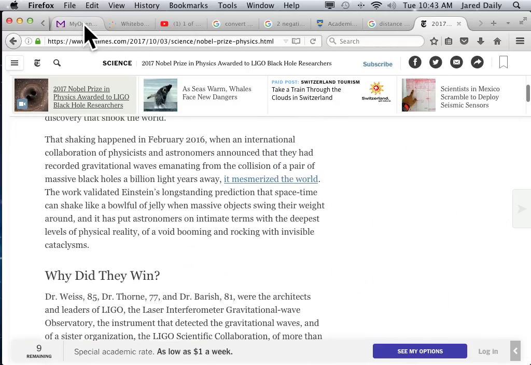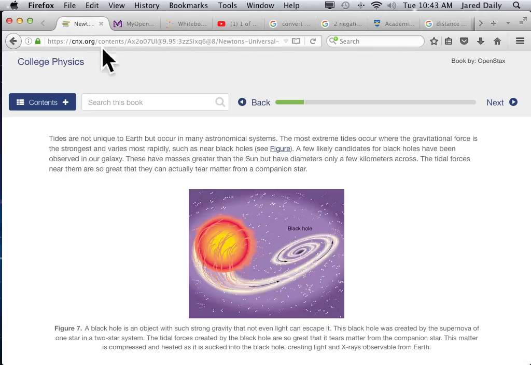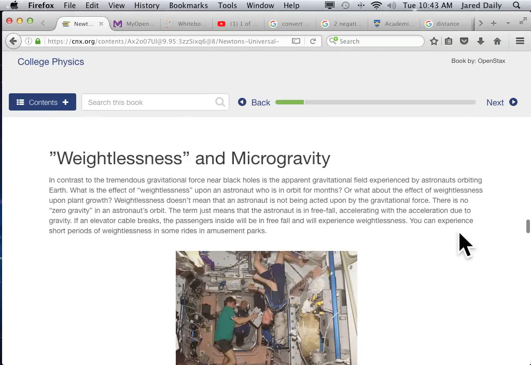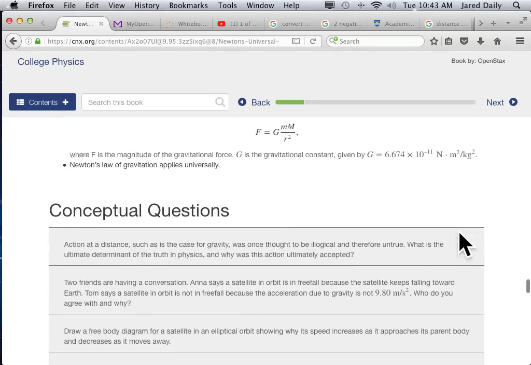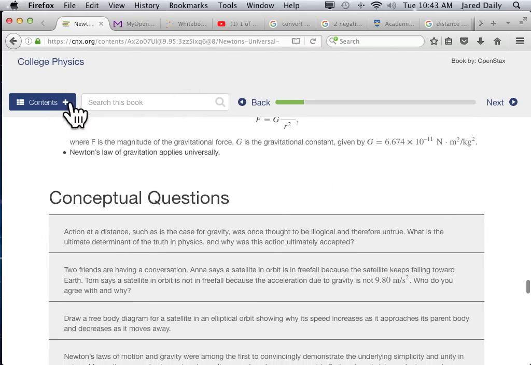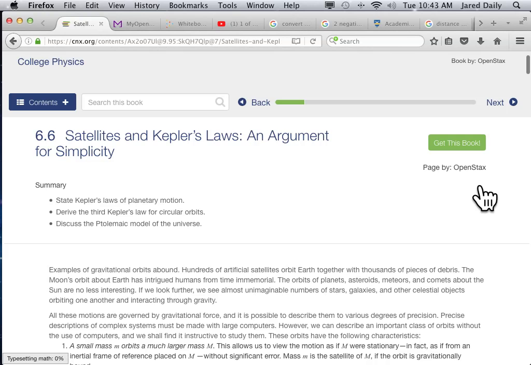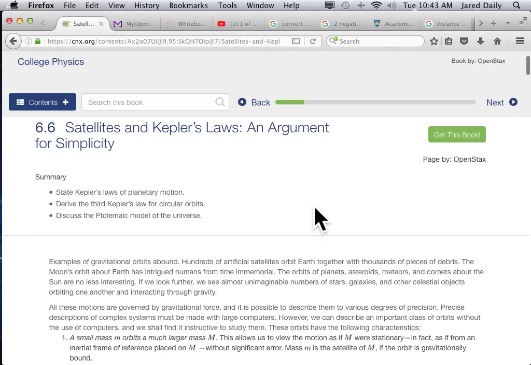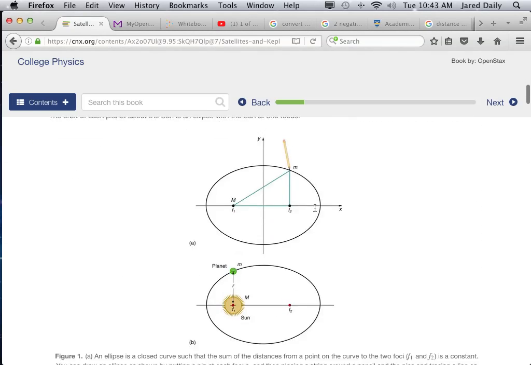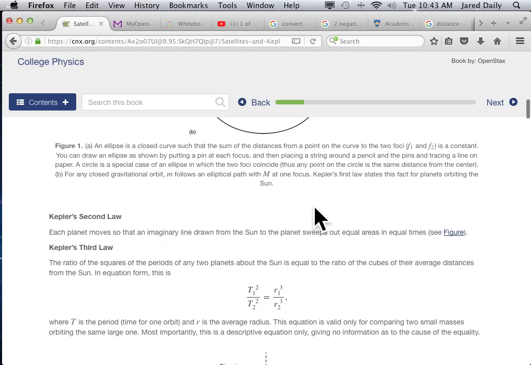Okay, so let's move back to the last section here, which is, what is our last section? Kepler's laws and satellites. So Kepler, who was around about the same time as Newton, came up with some